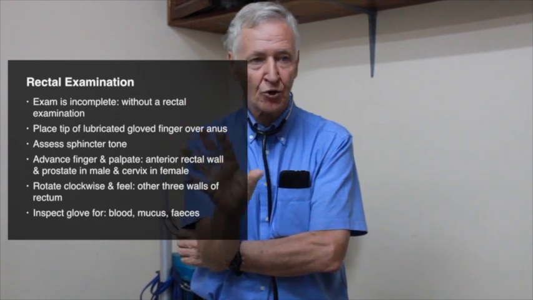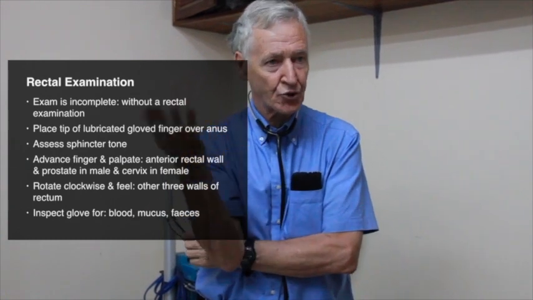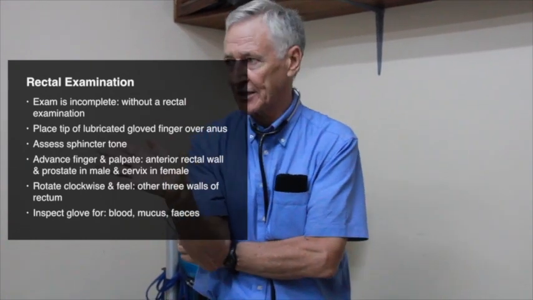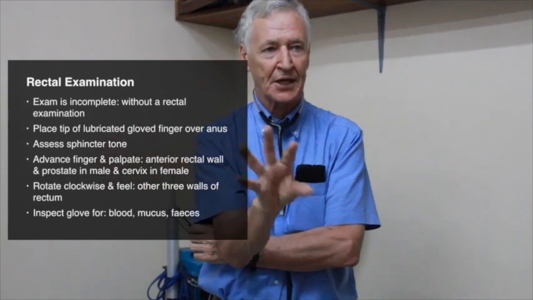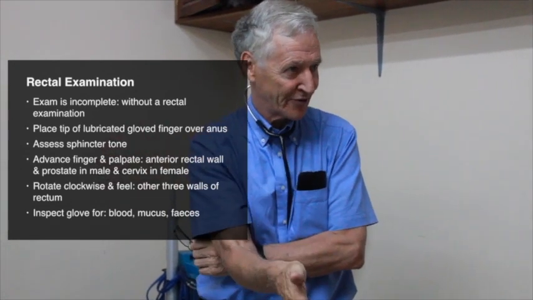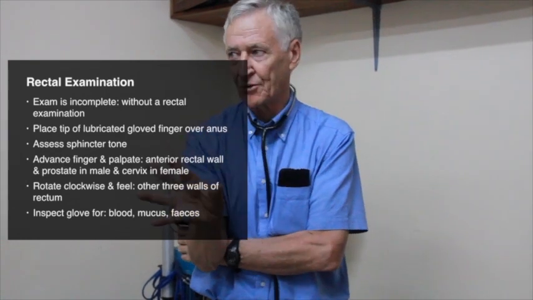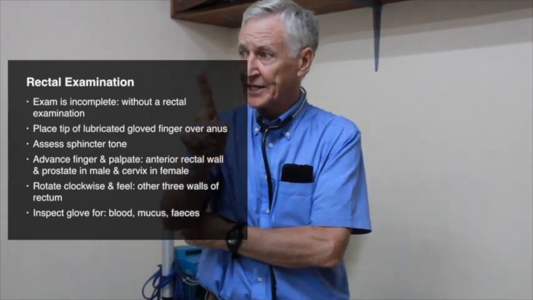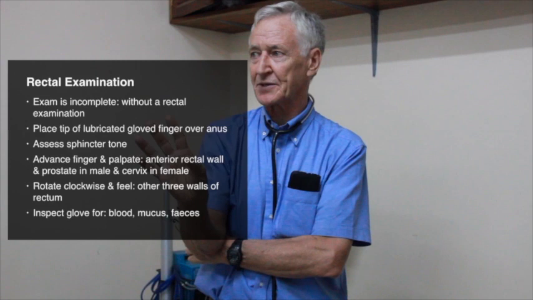In a female, you're going to feel the rectum, and through the rectum, the cervix. In a male, you will feel the prostate, and define its 2 lobes and the median raphe, whether it is normal or abnormal. You will then complete a finger examination of all 3 walls. The posterior wall, the wall behind, and the right and left lateral wall. You will withdraw your finger and you will look at it and say what's on the glove. And that will complete the rectal examination.